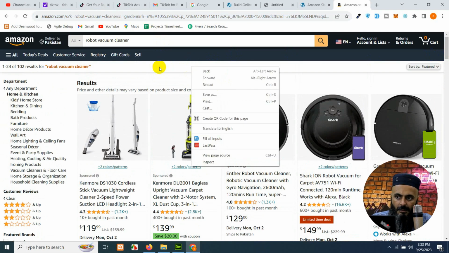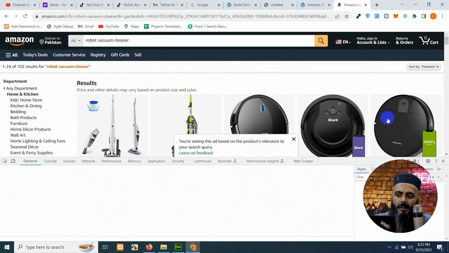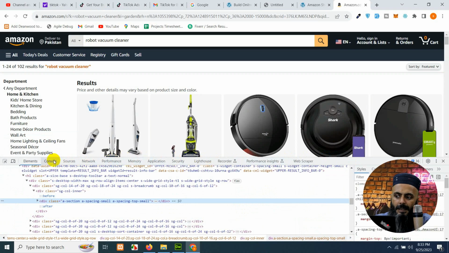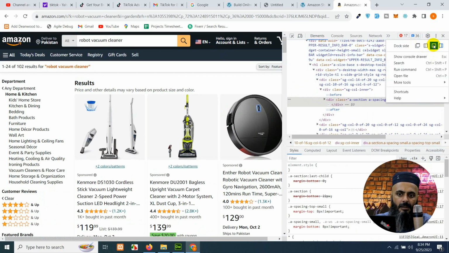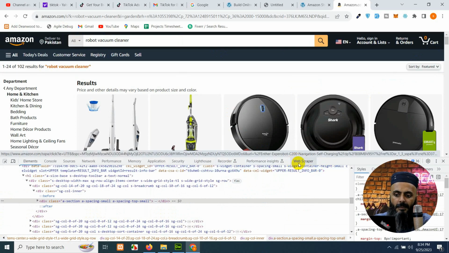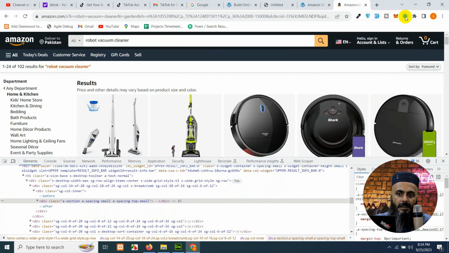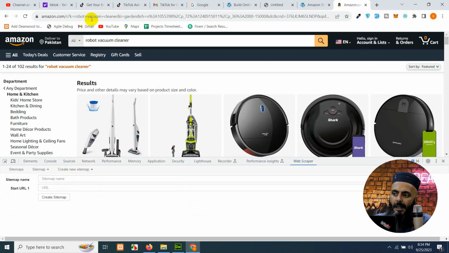Right click on the page and click on inspect. Open web scraper. If your inspect element doesn't open at the bottom of the browser, you have to click on these 3 dots and click on dock to bottom. Then you can see the web scraper tab here. This web scraper tab is here because we already installed the webscraper.io extension. Click on web scraper and click on create new sitemap, create sitemap,